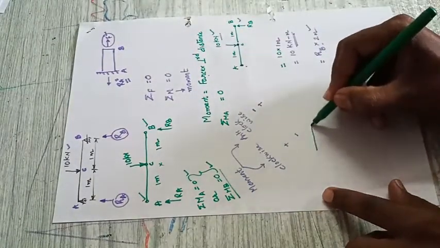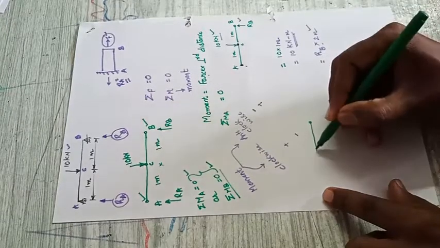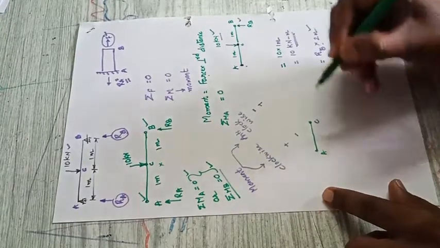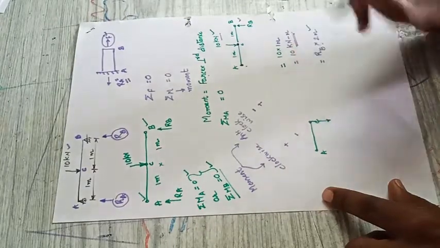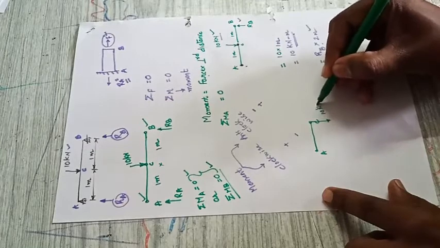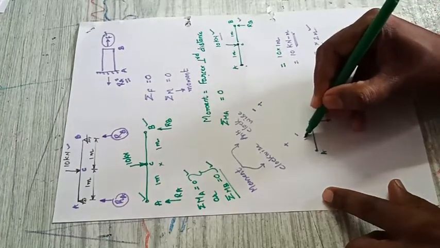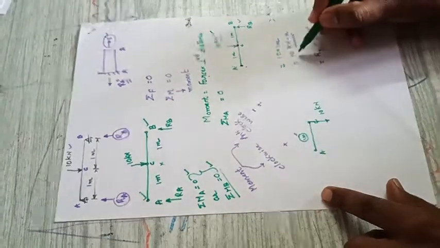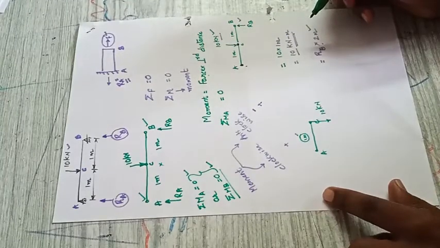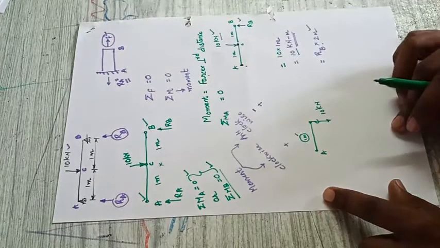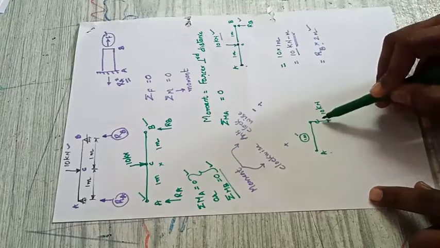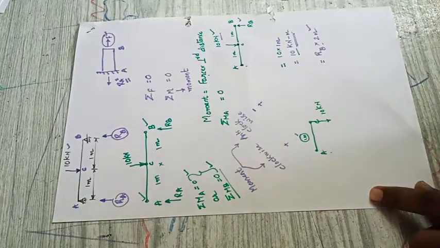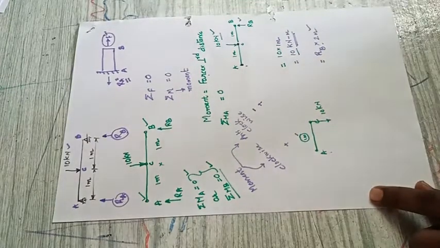Here is A, here is C, and the load is acting like this. Same way, it is acting here or here, it's the same. 10 kilonewton, 1 meter. Okay, already we know the magnitude of that, it is 10. But we want the direction, whether it is a clockwise or anti-clockwise. So what we are assuming here, we are connecting this A point and C point with a thread. A and C with a thread, and we release it.